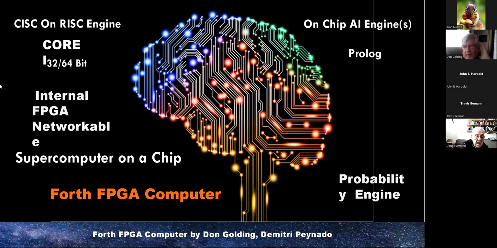For those people, I'll just do a quick overview of what the Core One is all about. Core stands for CISC and RISC Engine. Where we're at, the RISC Engine is Forth. So CISC, we really haven't started working on that piece. What we're going to do is build an